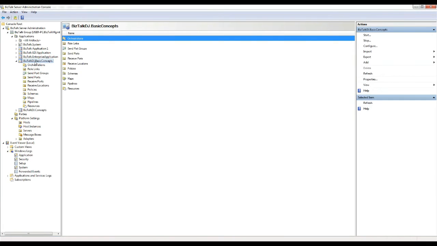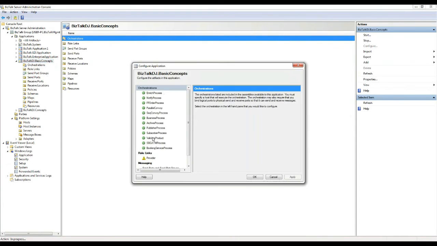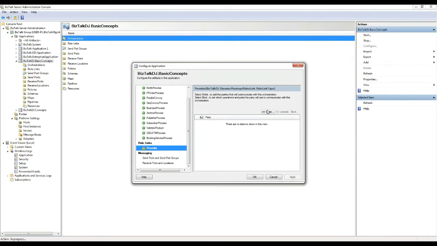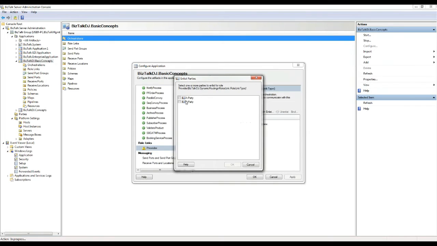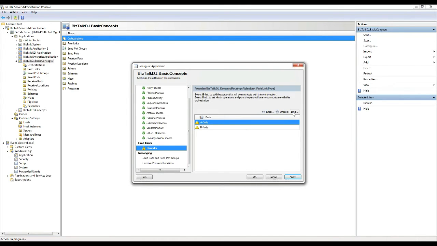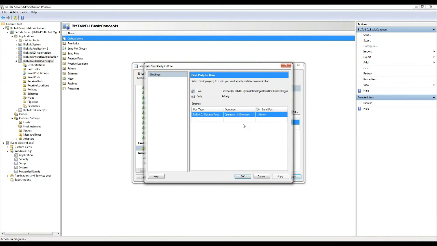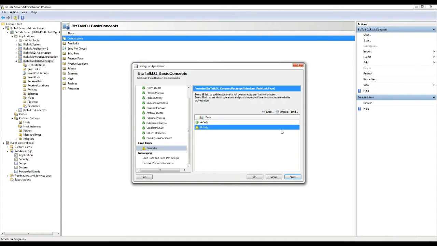Now let us bind the roles and links to our business process. I'll go to configure and then select the parties that we are going to use and bind the parties to the send port.